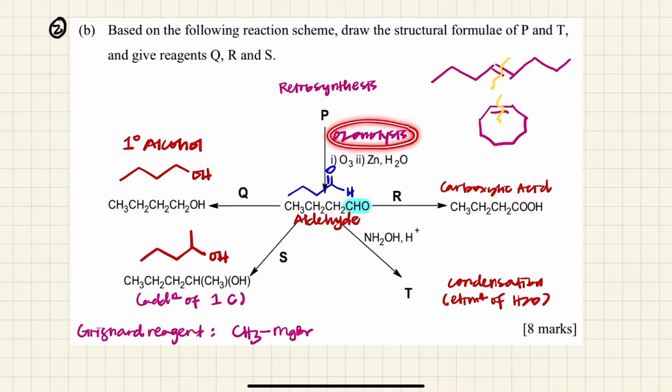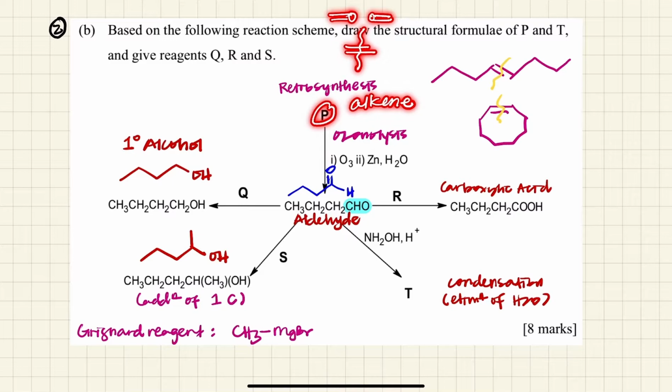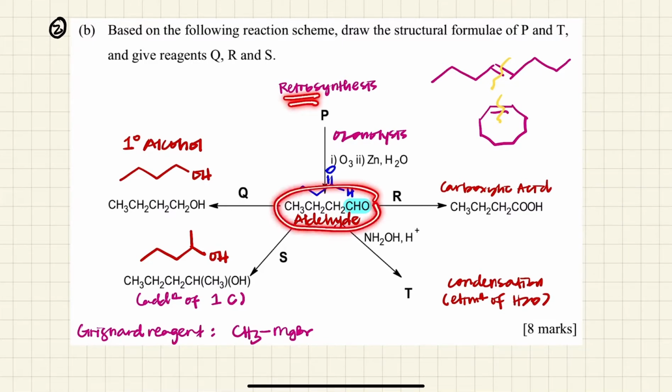So this is an ozonolysis reaction. That means that this is a reaction of an alkene. Okay, so P will surely be an alkene. So this alkene will undergo bond cleavage right here, and then it will get a double bond O. Alright, so this is a retrosynthesis type of question, where we need to reverse from your product to your